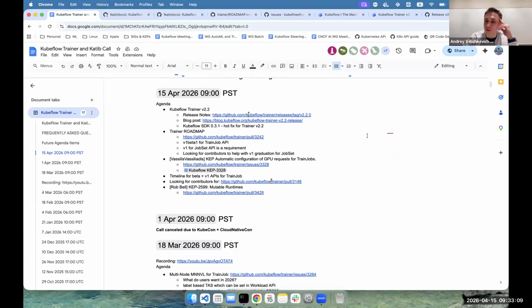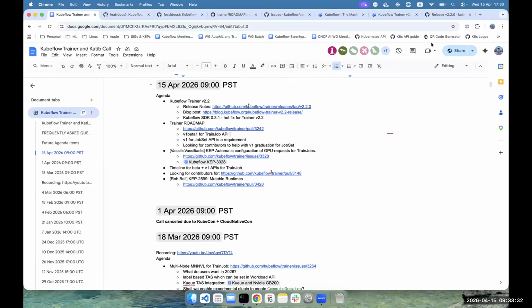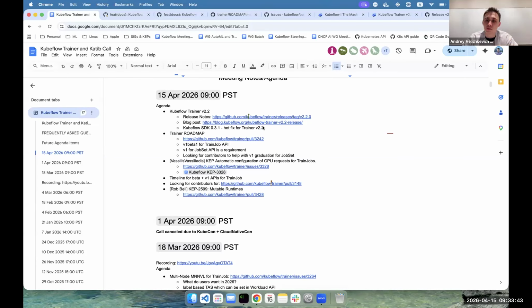Is it the blocker for you guys to adopt TrainJob, or are you just looking for beta and V1 migration from us, from the Nutanix side? Yeah, actually, we want to use the stable version of TrainJob because we want to do GA of a feature with this. So we were waiting for the graduation to beta and then planning to use it. Because if there are a few changes in the API later, then we would have to do the migration on our own. So for your platform, is it a hard requirement that the API should be V1 to adopt it and go to GA? Yes. Okay.